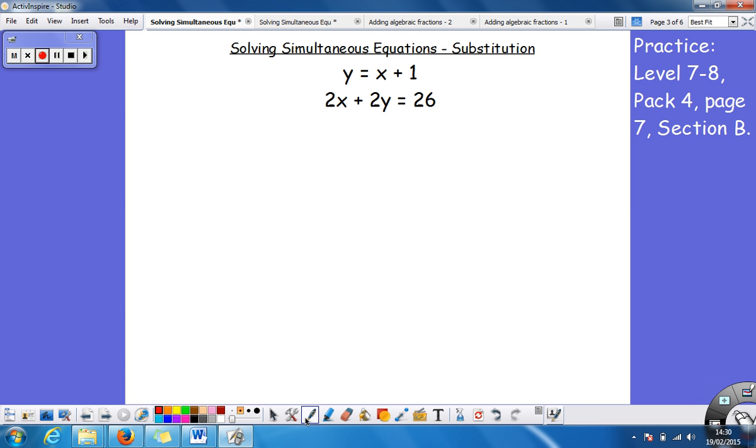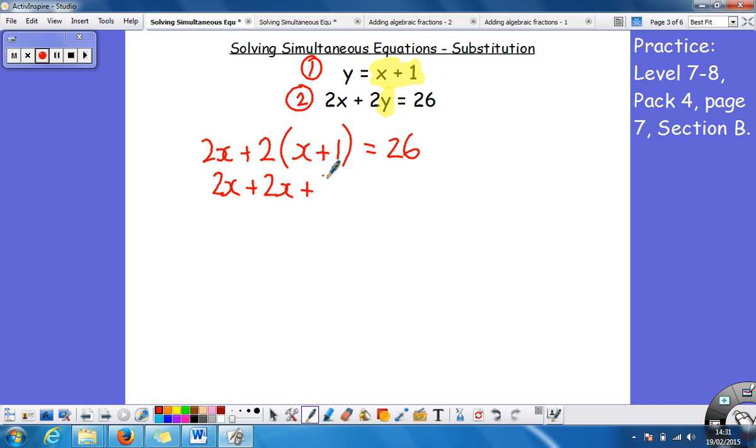Okay, hopefully you've had a go. You've substituted equation 1 into equation 2. If I do that very quickly now, we will see what our solution is. So I'm going to have 2x plus 2 times (x plus 1) equals 26. The reason for that is I know that y is equal to x plus 1, so I substitute that expression into my second equation. Expanding, we get 2x plus 2x plus 2 equals 26,